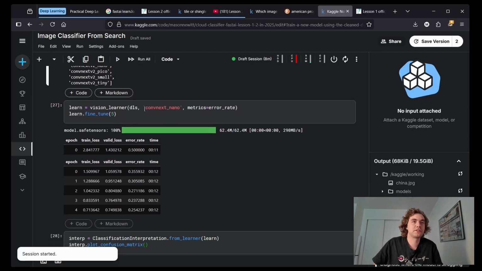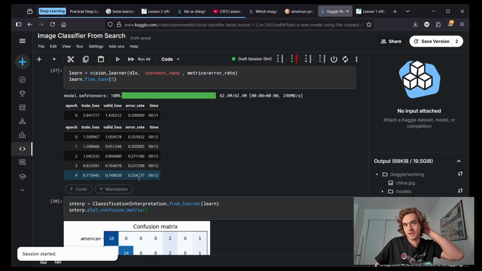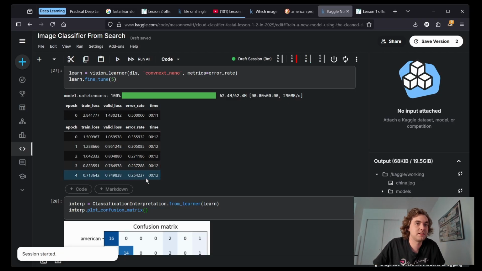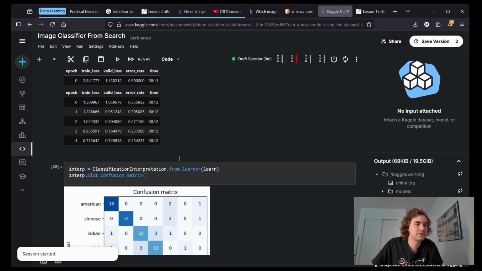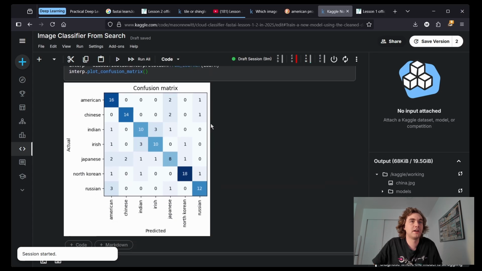Okay, so we're going to go ahead and train our new model now, and we're going to use ConvNeXt Nano to do that. And you can see that after cleaning up just a bit of the data and using that different model, we're able to get a pretty significant decrease in the error rate from, I think, 0.46 to 0.25 or something. And we'll take another look at our